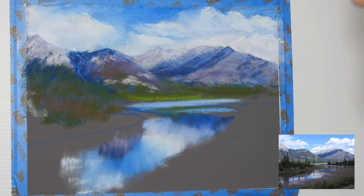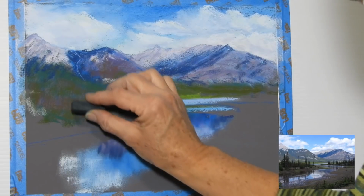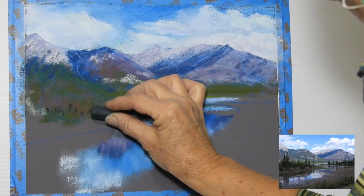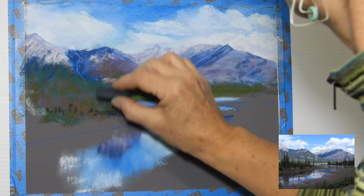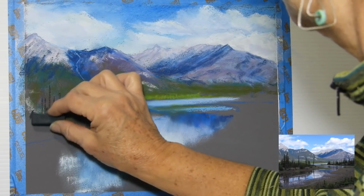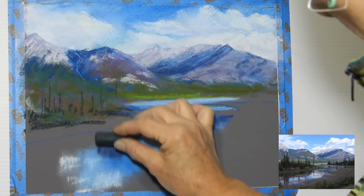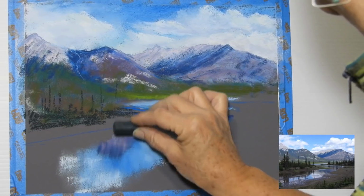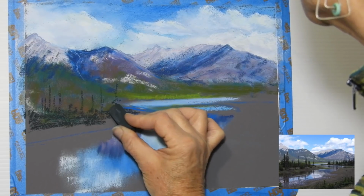Let's put in the headlands there. So what we need is a deep dark green for these tree bits here. And I'm just putting the edges along there to define it for me first. And there's a little bit of a bank there which the greens sort of come down to and then finish at. And these are just the trees, so I'm just using the dark green to put in the little